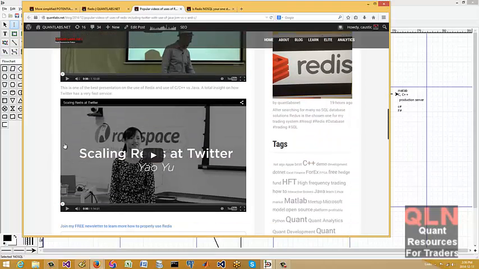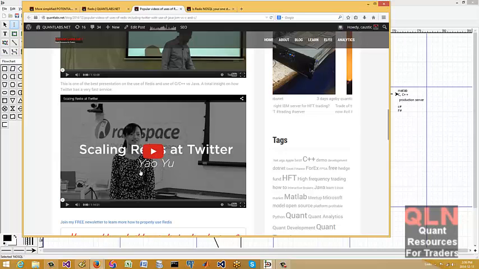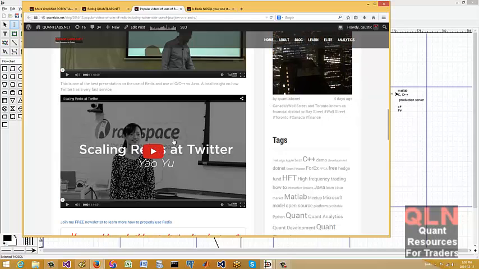But the one that I really liked is this one, Scaling Redis at Twitter. This speaker really knows her stuff. She talks about Redis with Java, with Redis with C, C++, and the profiling and the comparison. Watch this to understand the detail on the potential of what you can do with Redis.